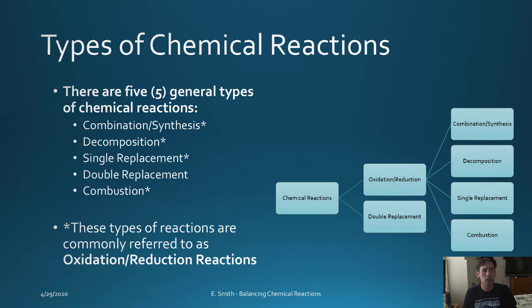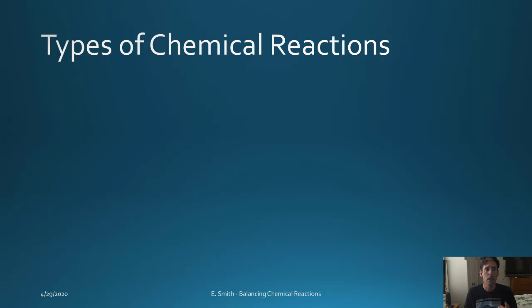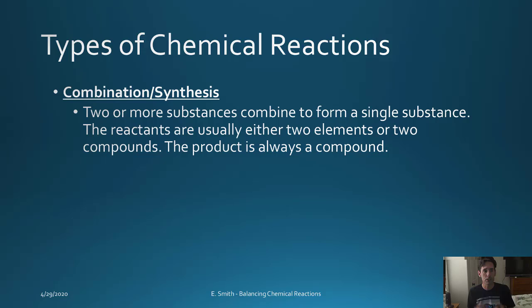Okay? So we're going to go in order here. I'm going to go ahead and start with the combination or synthesis reaction, which literally refers to the idea of 2 or more substances combined to form a single substance. Now, they can either be 2 elements, they could be 2 compounds, but the idea is that the product is always a compound. An example of this would, if we take potassium and react it with chlorine, we form what